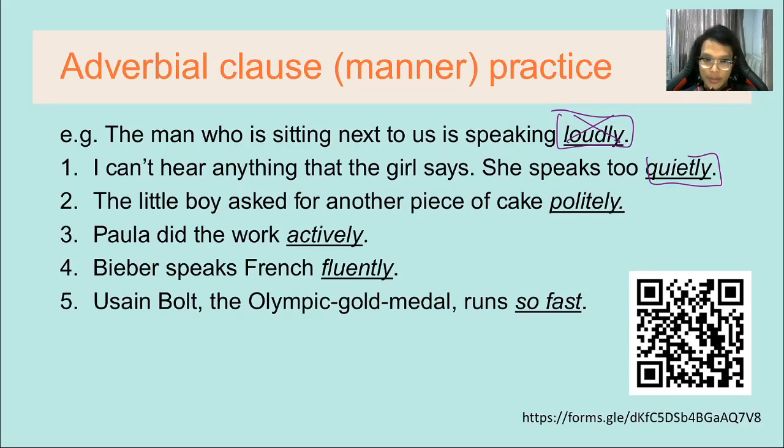For example, the man who is sitting next to us is speaking loudly. I don't want to use the word loudly. I want to describe more about how he speaks, right? So I can use an adverbial clause like as if, and if there is no one